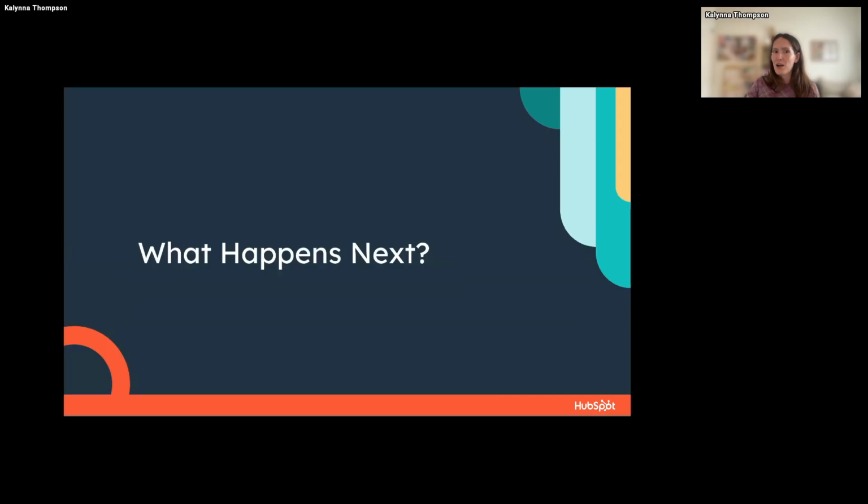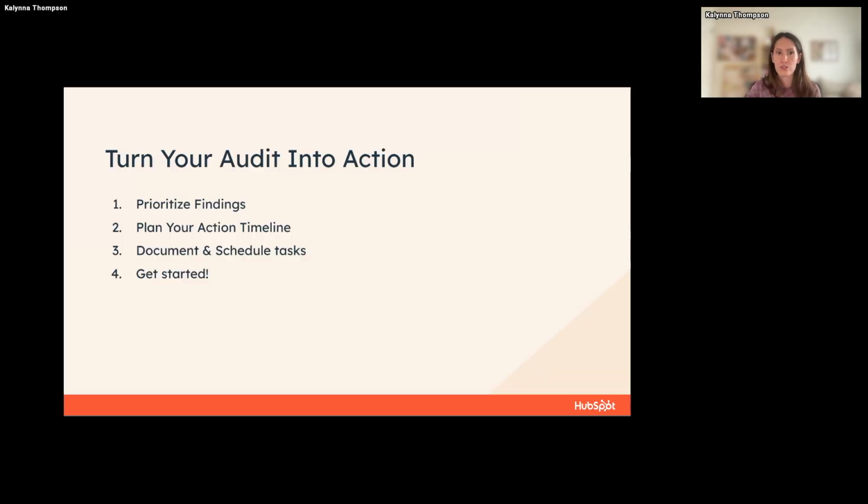So what happens next? You've done this audit, you've answered these questions, you have a good idea of where your CMS stands, but information is great, and ultimately it's really about what you do with it that makes the difference. So turning your audit into action is easier said than done, but the big piece that we find that allows us to make forward momentum